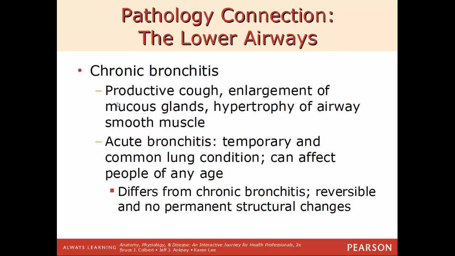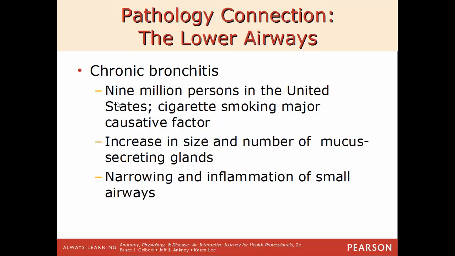Our next one, chronic bronchitis. This leads to a productive cough and the enlargement of the mucus glands and hypertrophy of the airway smooth muscle. And those who have acute bronchitis, this is a temporary and common lung condition. This can affect people of any age. And this differs from chronic bronchitis because it is reversible and there are no permanent structural changes, which is quite different in chronic bronchitis. So there are 9 million people in the United States that suffer from chronic bronchitis, and